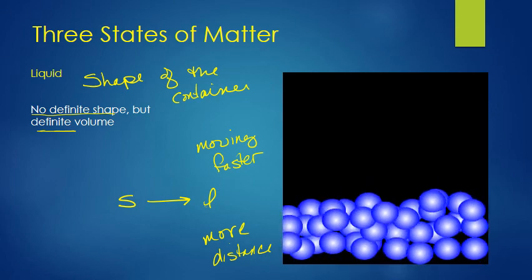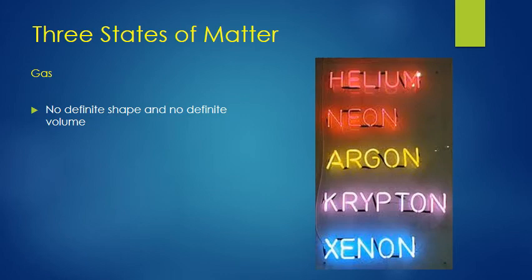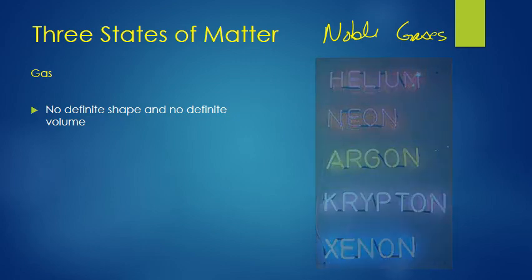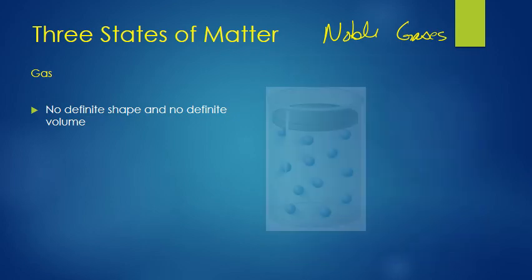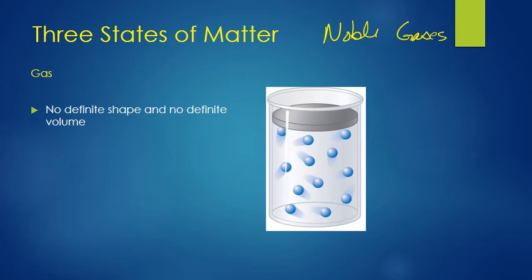Okay, now a gas, on the other hand. A gas has no definite shape and no definite volume. Gases are so cool because they're totally compressible. I'll get to that in a minute. These are classic gases. Helium, neon, argon, krypton, and xenon. These are what we call the noble gases. You should probably know that one. But what you really need to know is this. Gases, if you're using the same substance, because you can only compare apples to apples, they move faster.